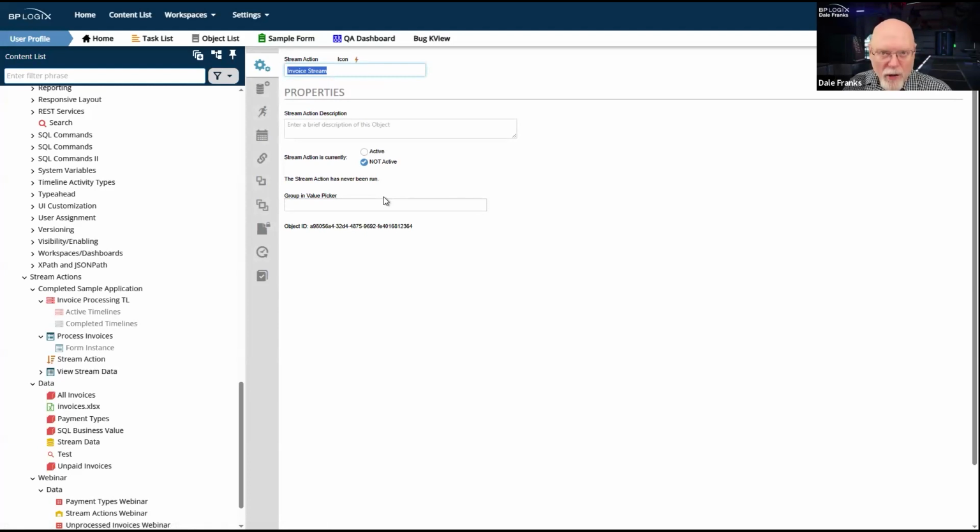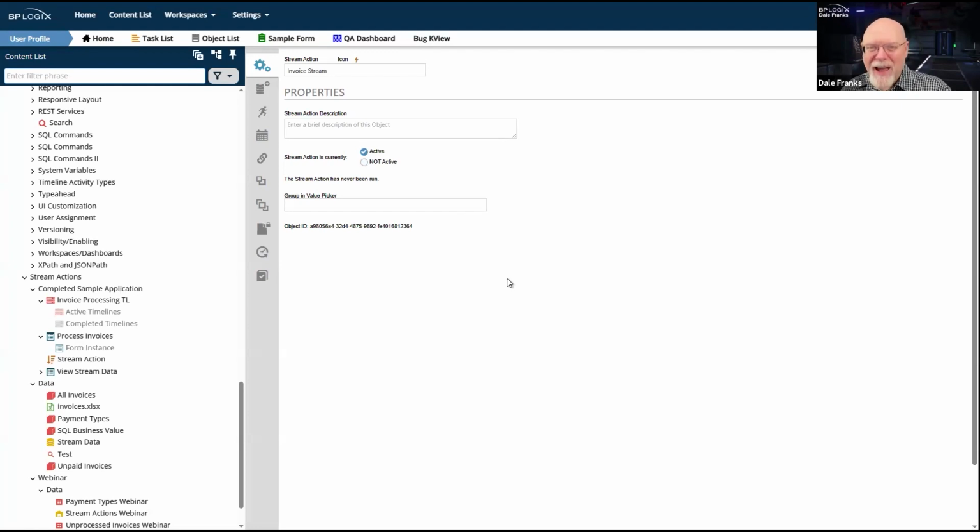So let's go through all the properties that we're going to need to configure, and let's configure them one at a time. Stream action is currently, the default is not active, and you want the default to be not active because once you set up a schedule, that schedule is going to start running if it's active. So in development, we're always going to keep it not active. We're not going to set this to active until we are ready to go live. Now, in fact, today, we're not really going to set it active at all because we're going to look at how we would schedule something, but we don't have the time to sit around waiting for a day to watch our automated run tomorrow.